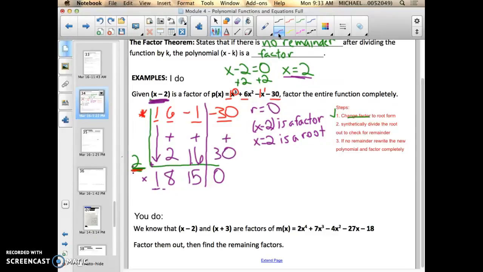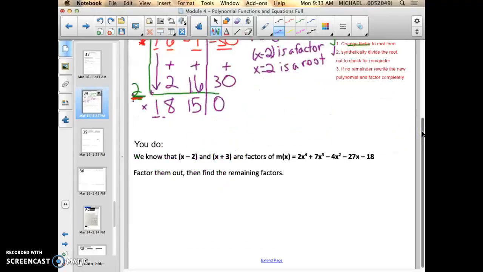Now, I did that. In the final directions, they say factor out the entire function completely. Now, for this objective, what I really want you to be able to do is just get to this step I'm about to show you, which is step 3. If no remainder, which is true, we just found that there's a remainder of 0, then rewrite the new polynomial and factor completely. Even if there is a remainder, you should still rewrite the polynomial and factor completely. But if there is a remainder, you won't be able to factor completely, but you can still rewrite this process